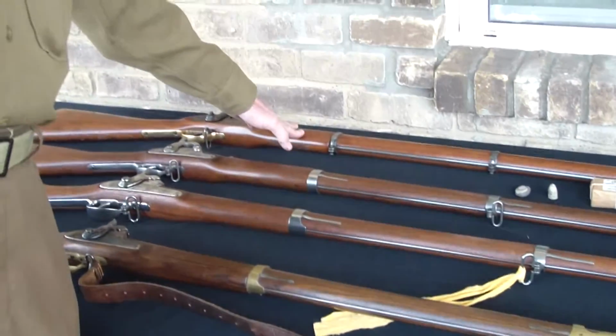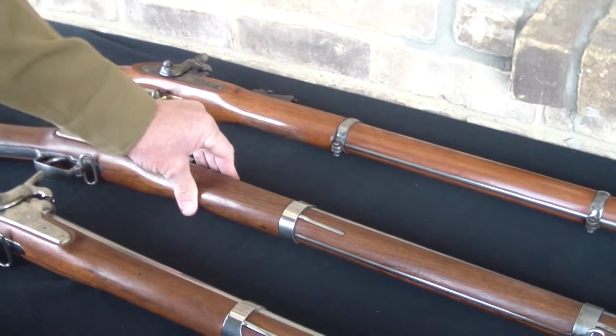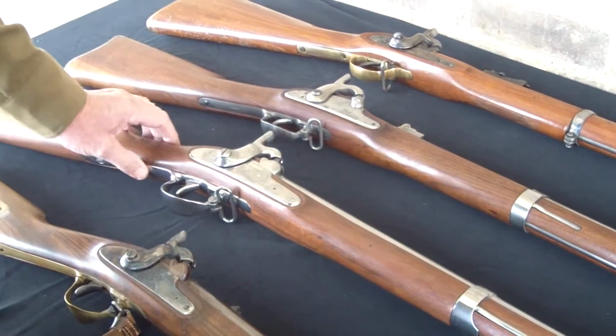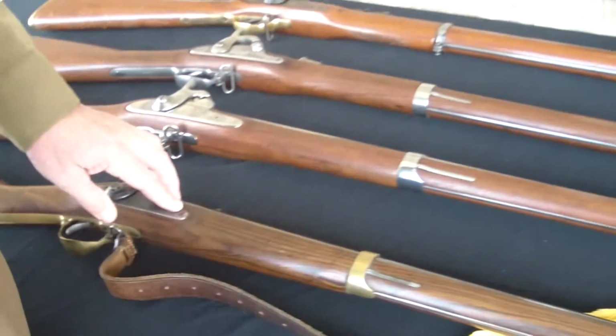This is an 1853 British Enfield. It was used primarily by the Confederacy. An 1861 Springfield, which was used by the Union. An 1842 Springfield, which was early war. And a Mississippi, which is a Confederate copy of a two-banded British Enfield. Now these three, this one,